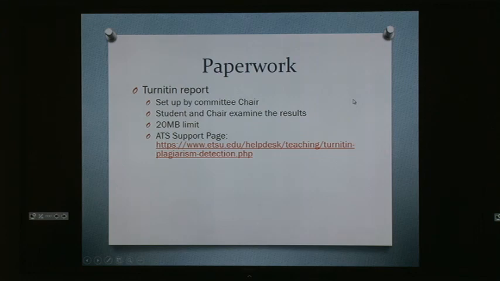If your committee chair needs support, and they often do because one may run a report every other year and they forget how to do it, it's understandable. We have a good support page, but more importantly on this support page is a contact person. Her name is Chelsea Dubé. She's awesome, and she has helped faculty each time. So if you go to your chair and you say, I need this Turnitin report, and they say, what are you talking about? Or I forget how to do that, refer them to this page or me, and I can send it on to them.